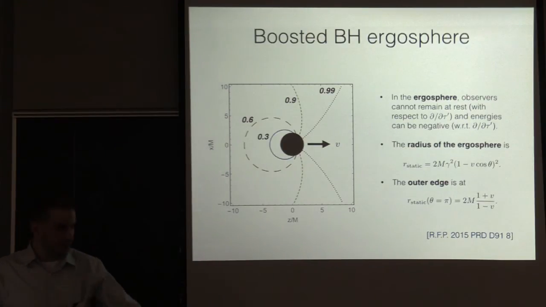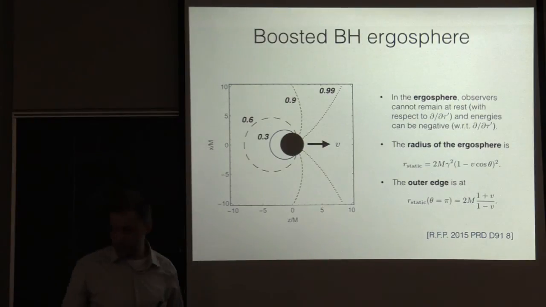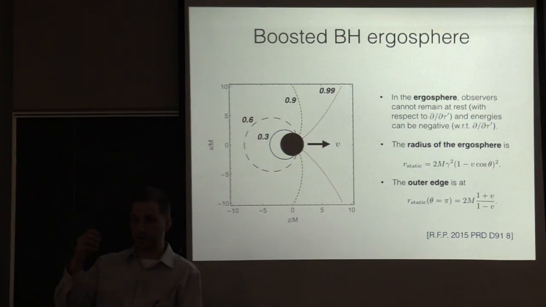Okay. All right, so I'm trying to build up step by step to thinking about this process. So the next thing is, once you have an ergosphere, you can do what Roger Penrose did for Kerr black holes, and you can think about the Penrose process. It's a nice simple warm-up to thinking about the full black hole jet problem.